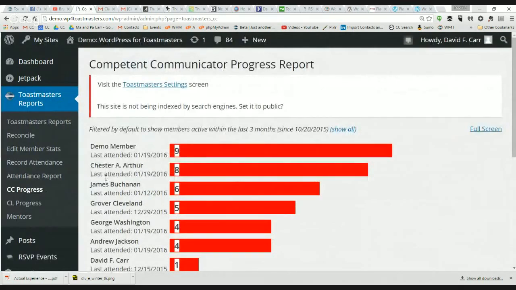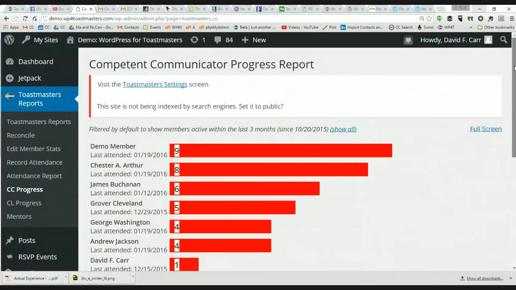But what she was having to do is after every meeting, she would jot down the statistics of what everybody had done in the meeting, and she'd have to punch them into Access. I said, well, why don't we take the same concept, some of the same visualizations, and you could capture some more of that data automatically as people are signing up for roles and save yourself some work.